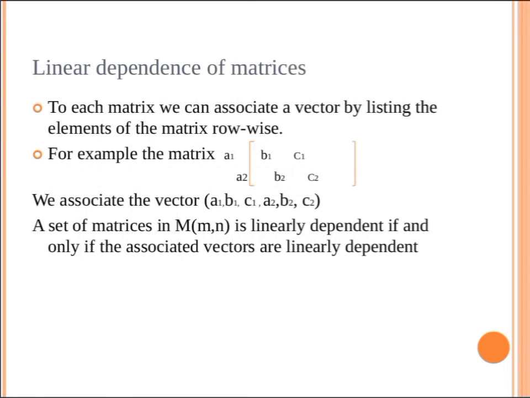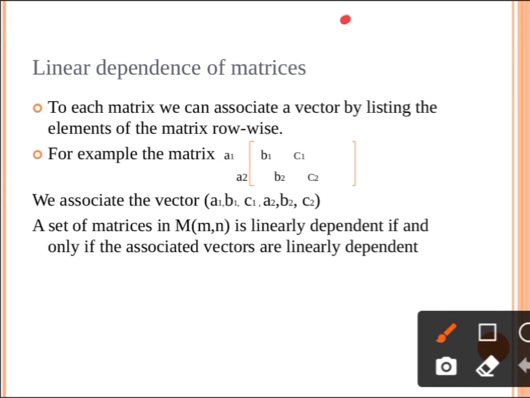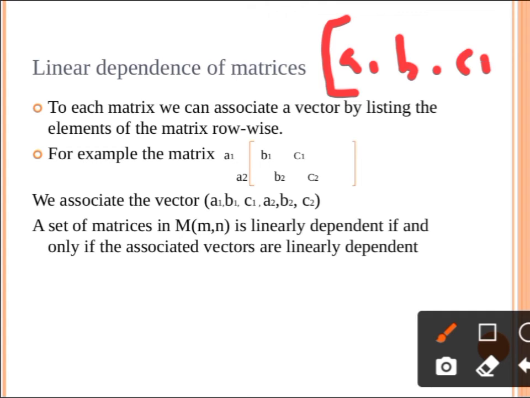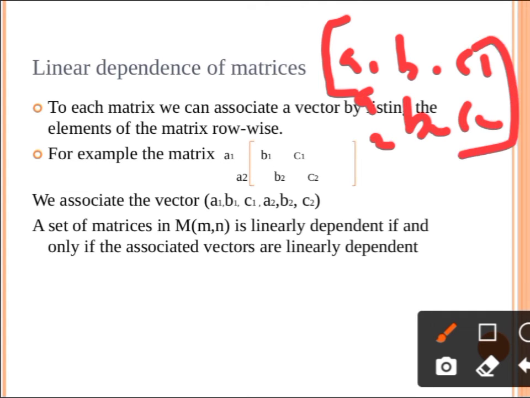Okay, and the next one is linear dependence of matrices. Okay, to each matrix we can associate a vector by listing the elements of the matrix row wise. For example, here this is actually A1 B1 C1 A2 B2 C2. Okay, and the set of matrices in Mn is linearly dependent if and only if the associated vectors are linearly